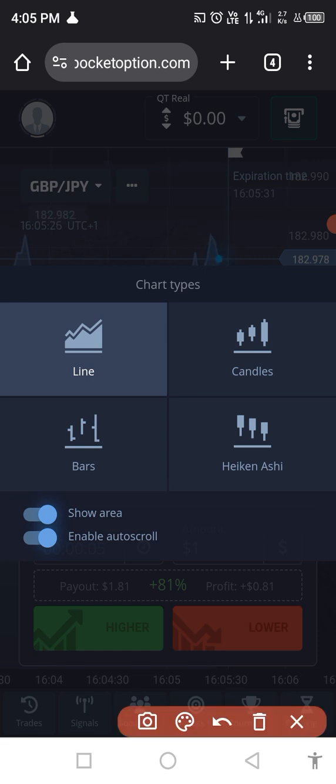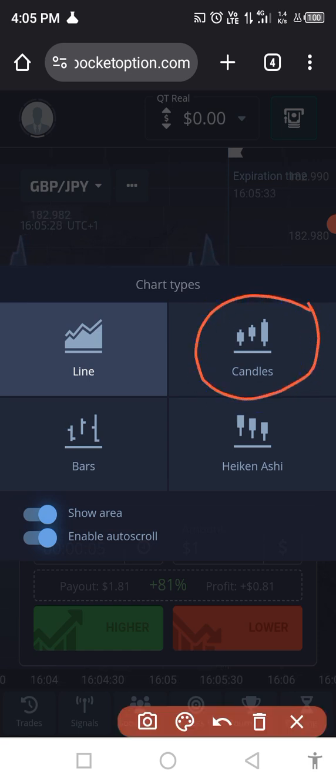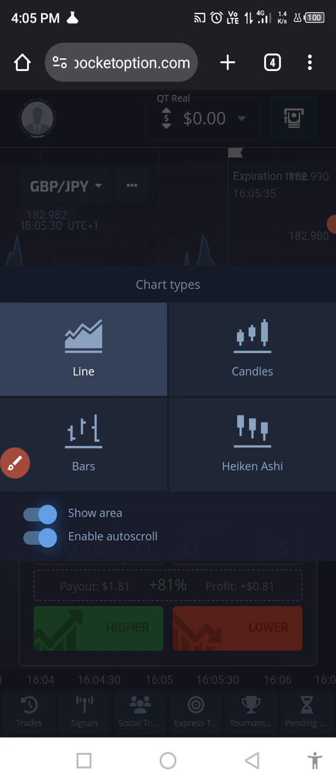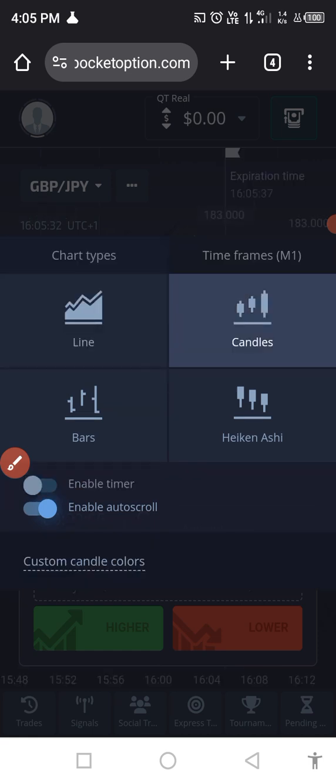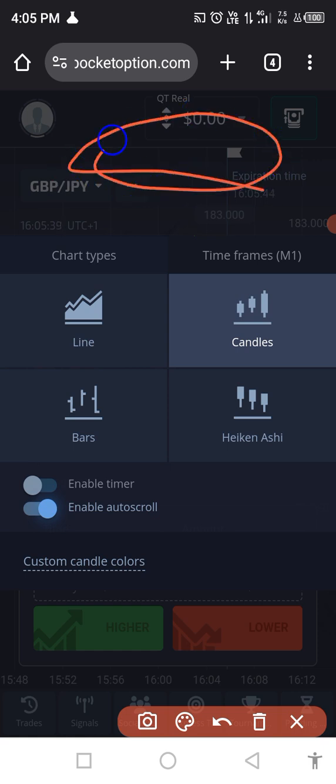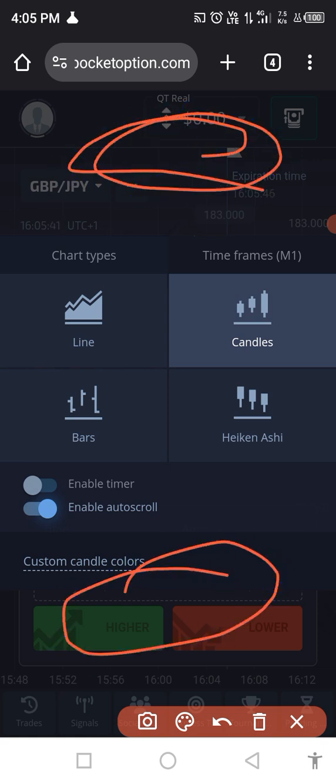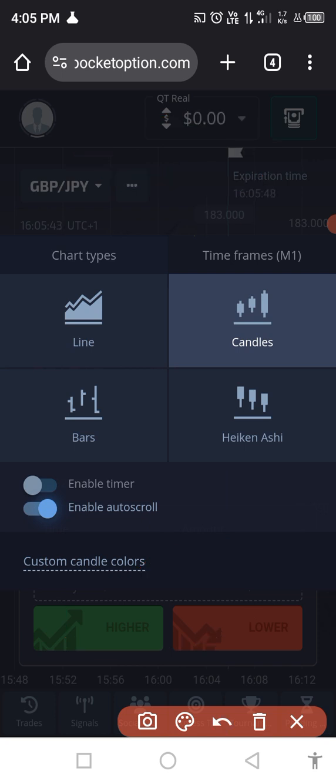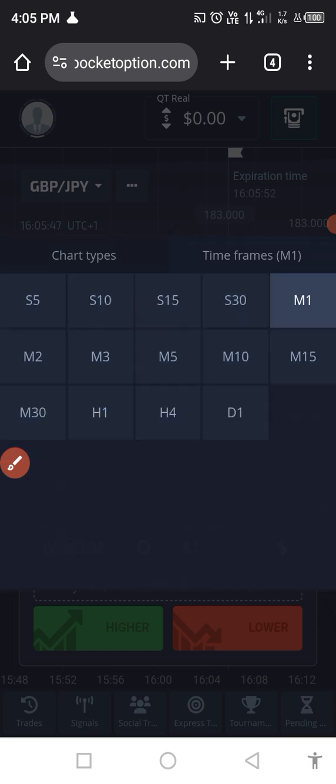And then I'd like that you click on candles. Candles, yes. And then when you are done, you can click anywhere else on this screen, not in the options. You can click anywhere over here, or anywhere down here to remove that message. So I just clicked anywhere outside right now, and